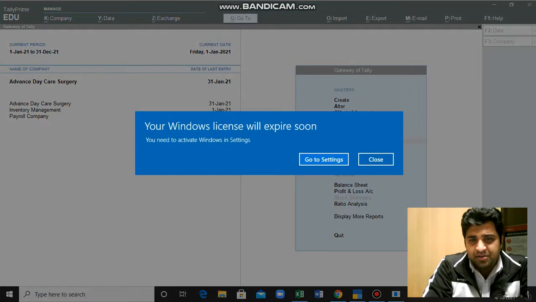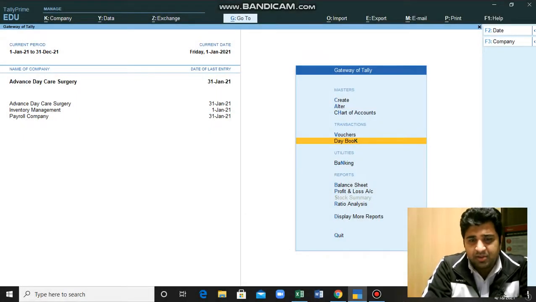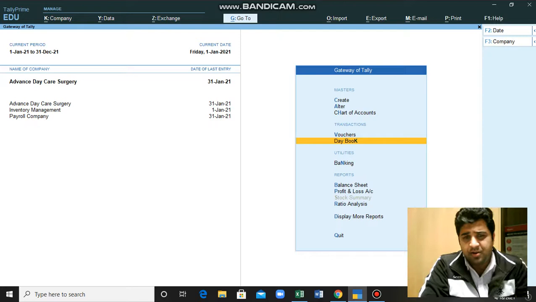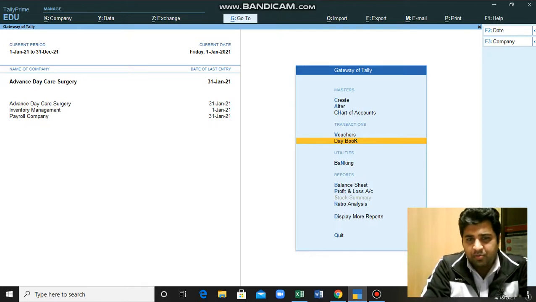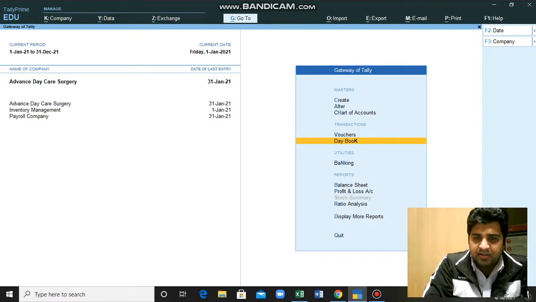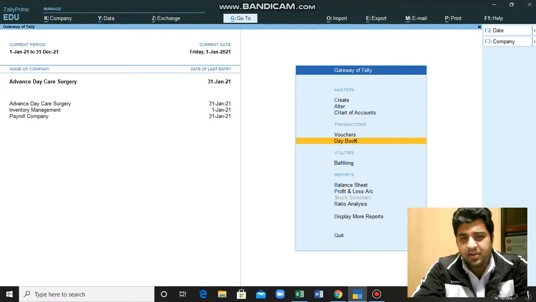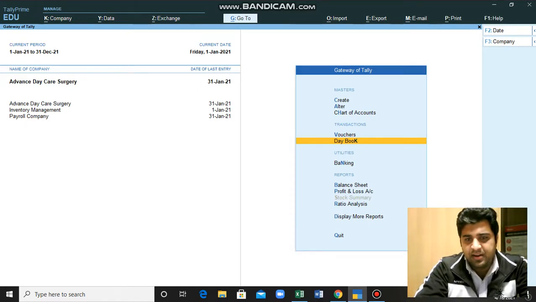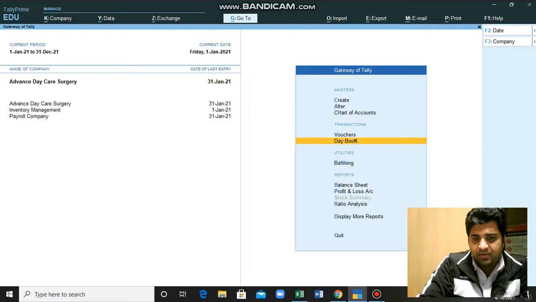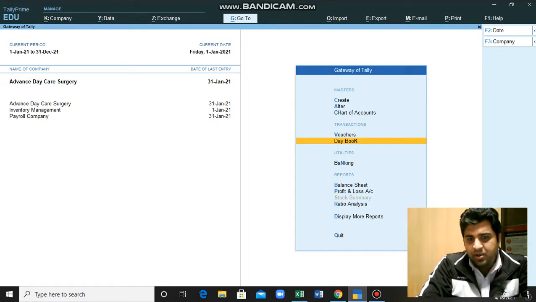Then there is the Chart of Accounts. You can see the accounts which are prepared for accounting purposes. Down below are the transactions, and first of all here is Vouchers, then Daybook, and there are also different options. Then there are also different reports which, after posting the transactions, we will see, and they will be affected directly. So this is the main interface of Tele ERP.